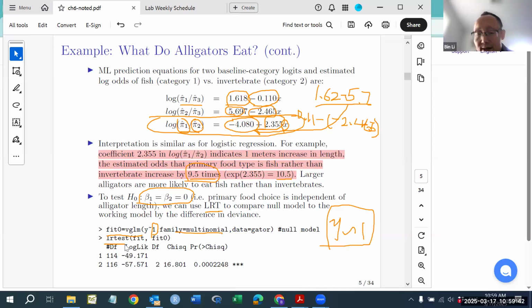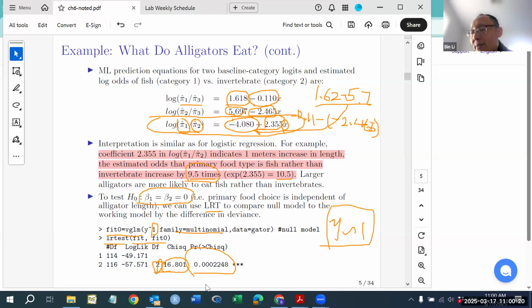That's the likelihood ratio test function to test the fit and the fit 0. Here I should write it as fit 0 and then fit. Usually we put the reduced model, the simple model, first, and the complicated model second. Anyway, the difference is 2.6. The difference for the degrees of freedom is 2, and the test statistic is 16.8, and the p-value is highly